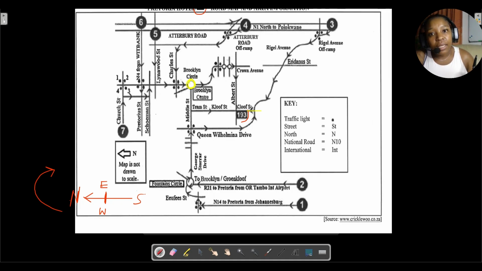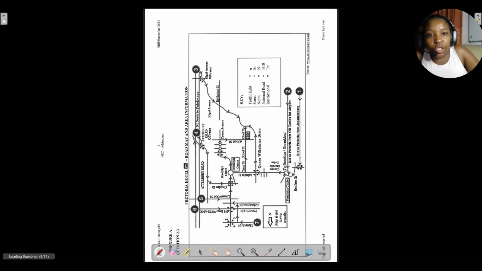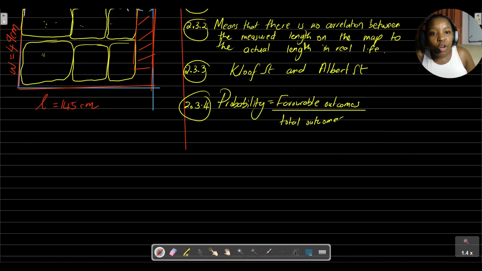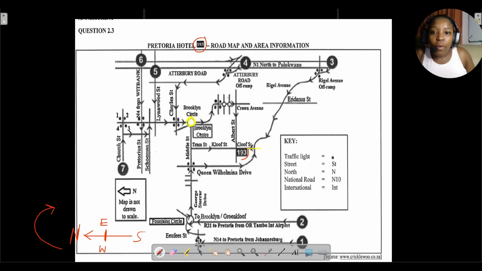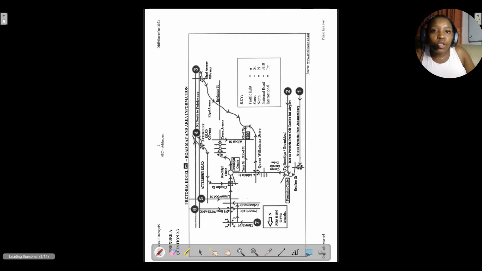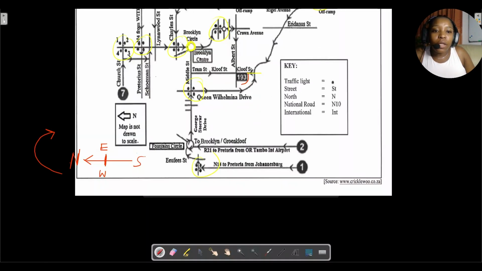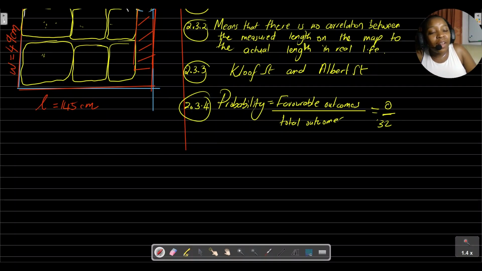So the probability, okay, is favorable outcomes. Let's just use that. Favorable outcomes. Do we have any traffic lights there? 0. Divided by total outcomes. How many traffic lights are there on this map? There's a lot. There's like 4, 8, 12, 16, 20, 24. Let's count again. 4, 8, 12, 16, 20, 24, 28, 32. I'm just doing this for the purpose of you understanding the concept. Please, 32, but 0 divided by 32 is still 0. So the probability is just 0. Okay, that is it. Question